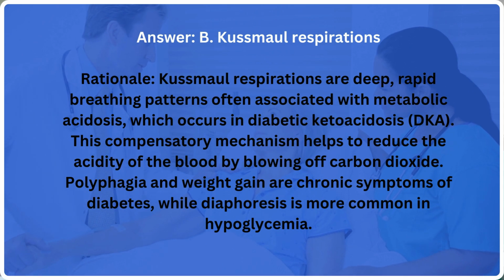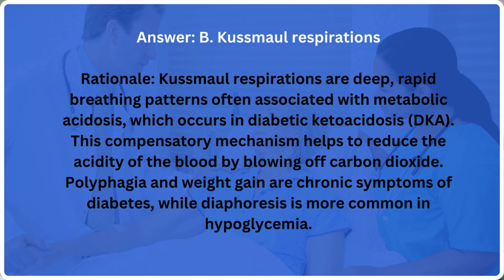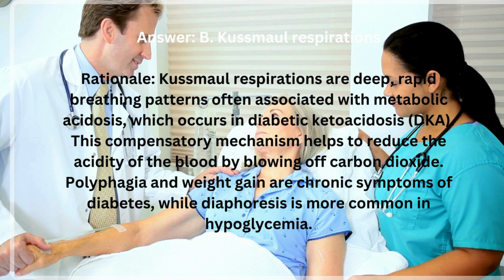Rationale: Kussmaul respirations are deep, rapid breathing patterns often associated with metabolic acidosis, which occurs in diabetic ketoacidosis, DKA. This compensatory mechanism helps to reduce the acidity of the blood by blowing off carbon dioxide. Polyphagia and weight gain are chronic symptoms of diabetes, while diaphoresis is more common in hypoglycemia,